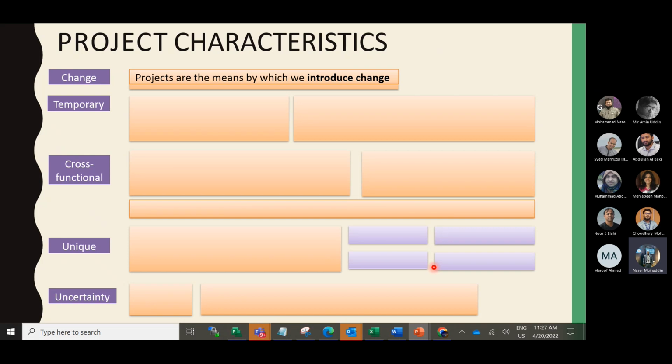You introduce, like, a 5G project or 5G use case project or feature projects, or I'm talking of our current portfolio, right? So definitely one important aspect you need to consider is that you must introduce change. And the second point is temporary. Why is it temporary? Because when we form a project organization, the project has some objective and it needs to fulfill that objective. That's why projects are temporary in nature and should have a definite start and a definite end.